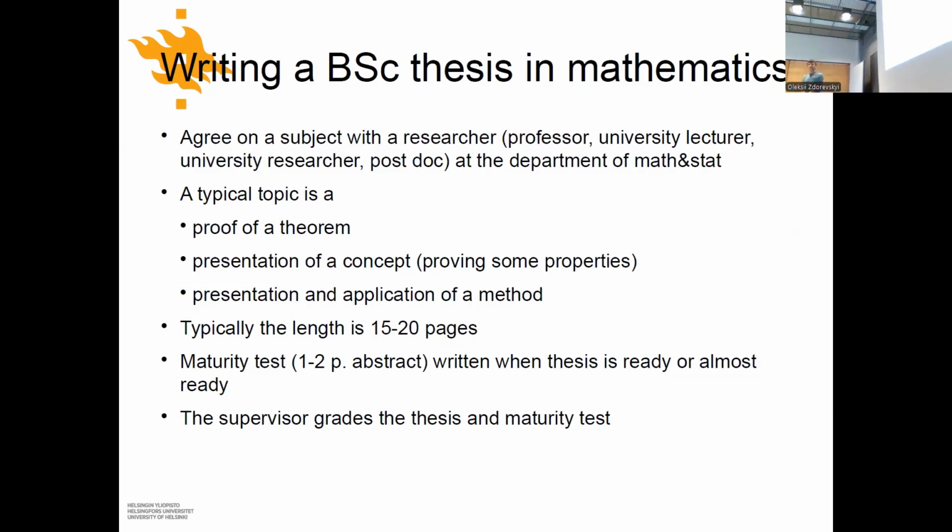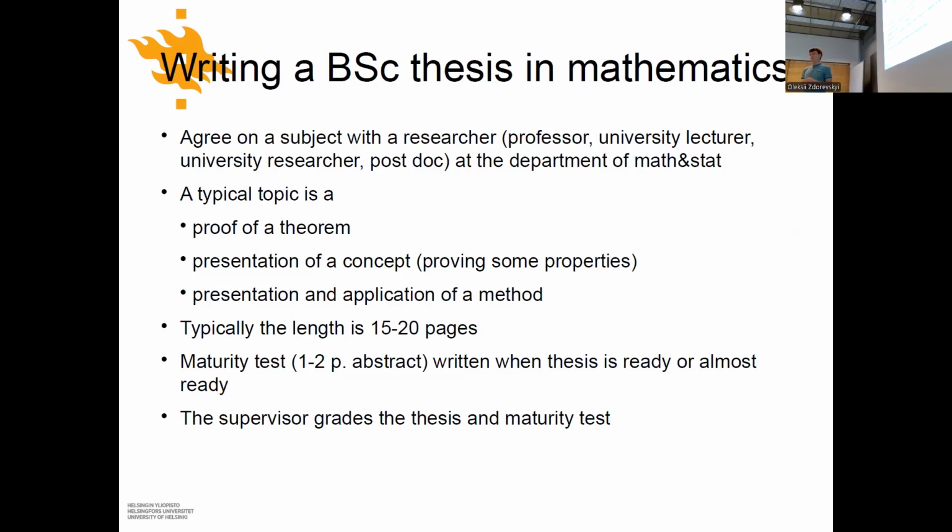So basically, how do we get a supervisor in the Mathematics and Statistics track? And what constitutes a bachelor thesis? Well, a typical thesis is 15 to 20 pages long. They tend to be a little bit longer. So usually when I supervise them, I have to tell people to cut it off a little bit in terms of time and so on. And typically it's not really research level.